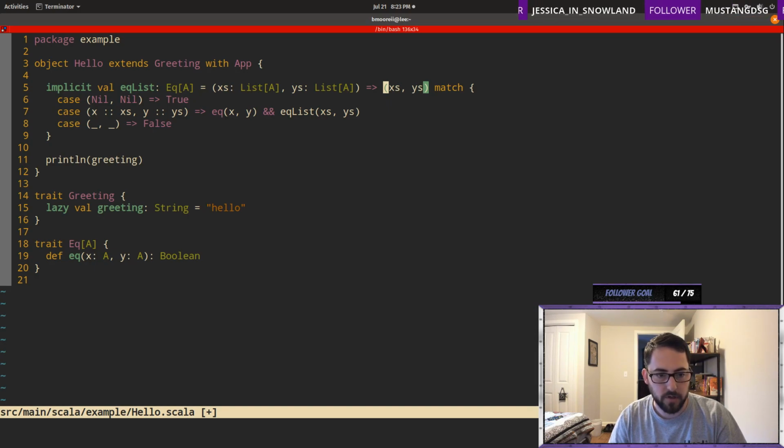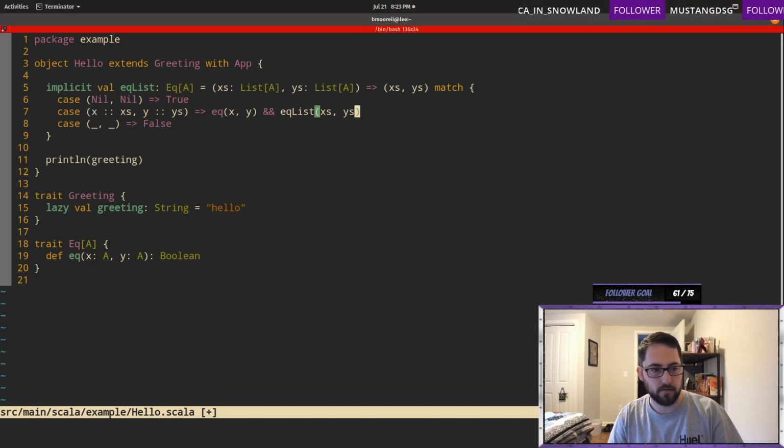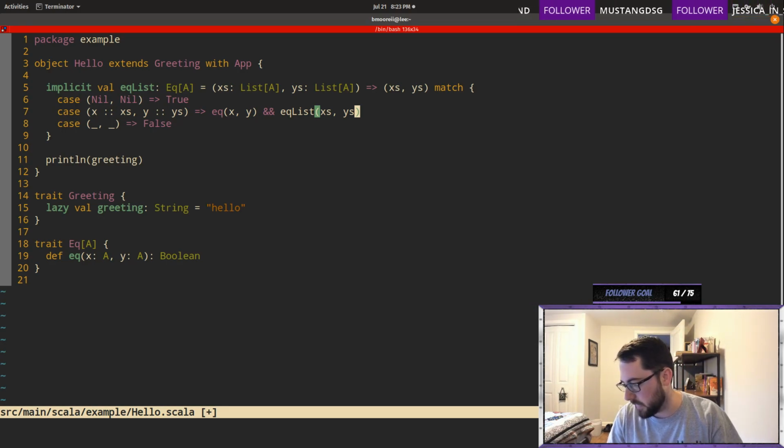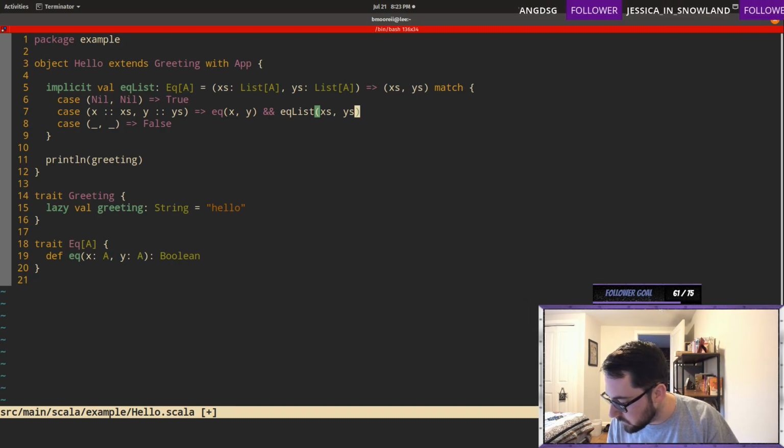My hello object. So let's try this real quick and see if we get this to work. Yeah, that's from the book, but that's the wrong way to do it. It says, luckily, the Scala compiler provides implicits to solve that exact problem.